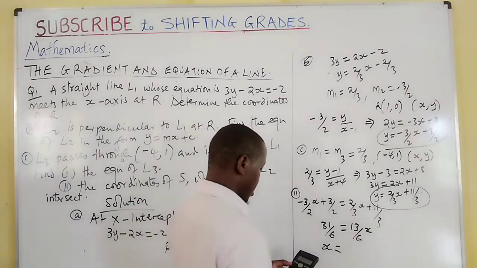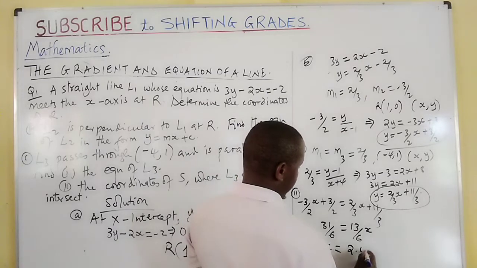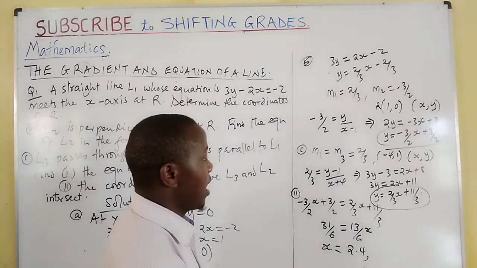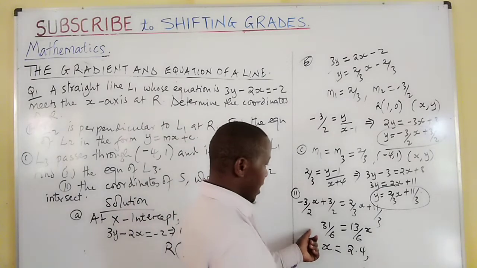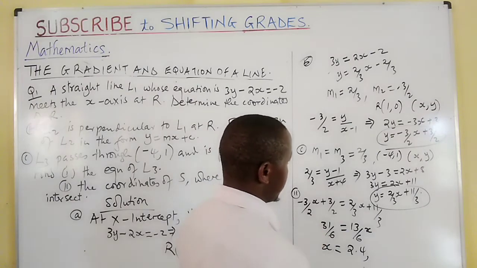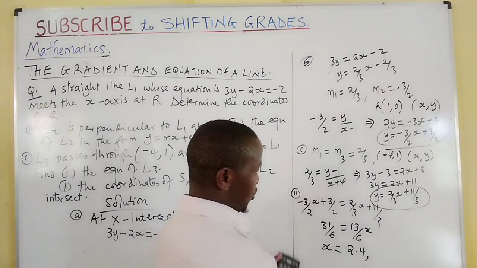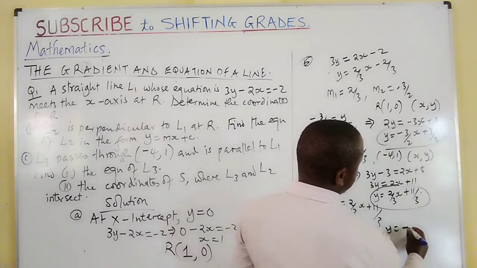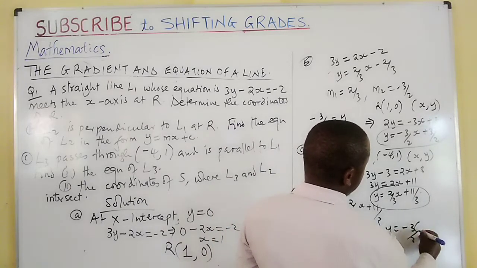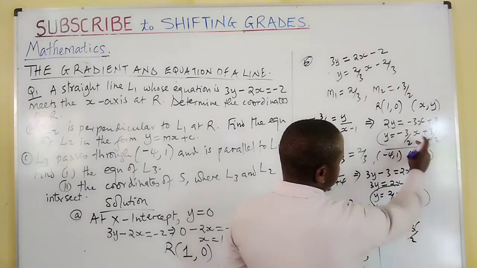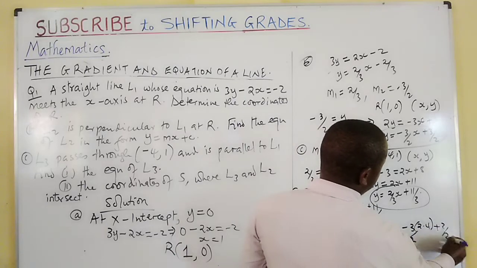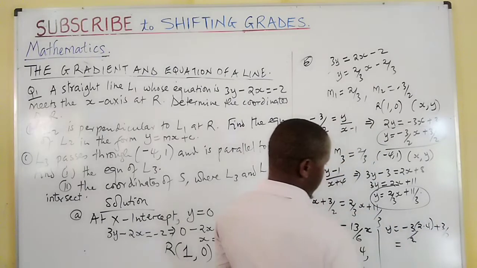Therefore, we get 2.4 as x. And now, to get y, we replace x in the equation, in any of the two equations. So to get y, we'll have 3 over 2 for this equation. Then x is 2.4 plus 3 all over 2. And this becomes